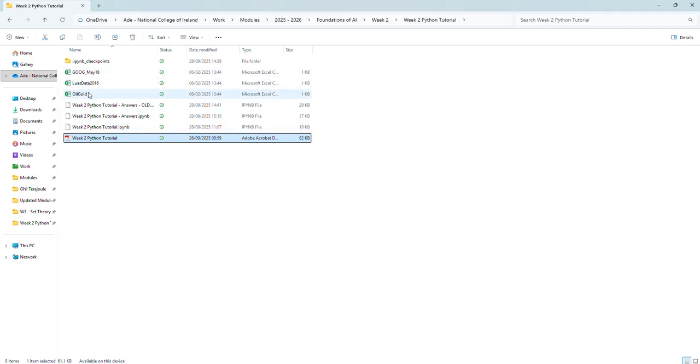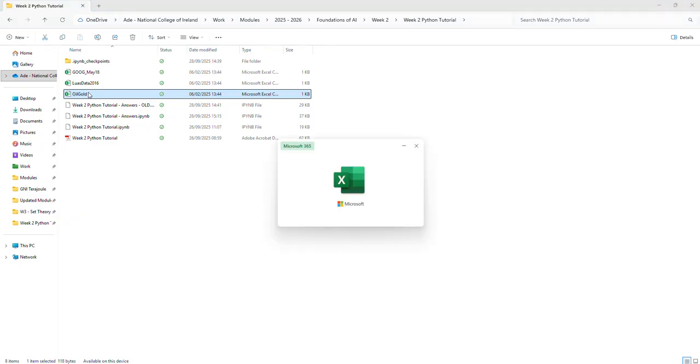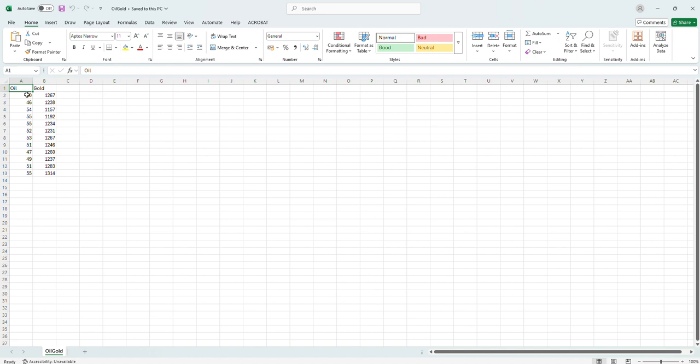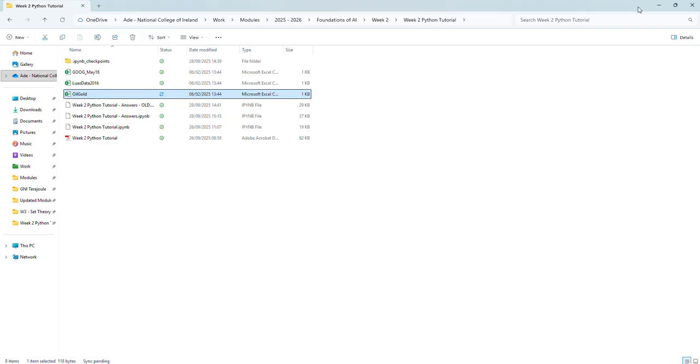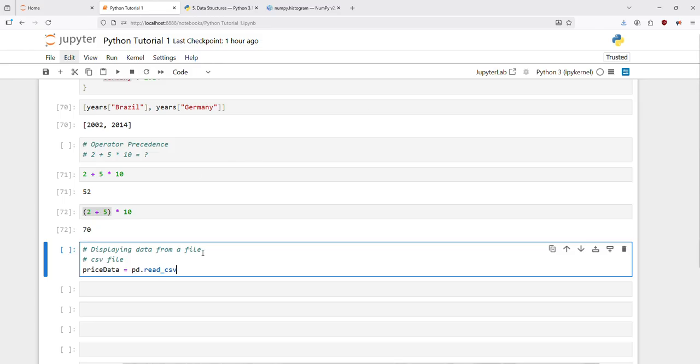So this is a CSV file. You can also read from Excel files, XML files, JSON files, but this is a CSV file. We have one column with oil and one column with gold prices. So I'm going to use read_csv, and then in quotes, the name of my file was oil gold, and then the file extension .csv, the type of file it was,